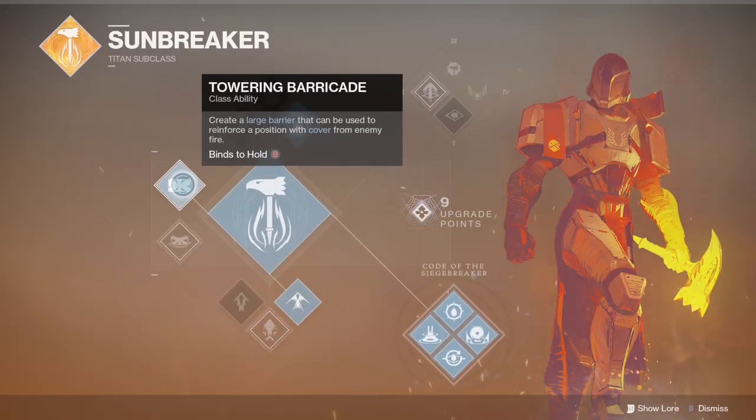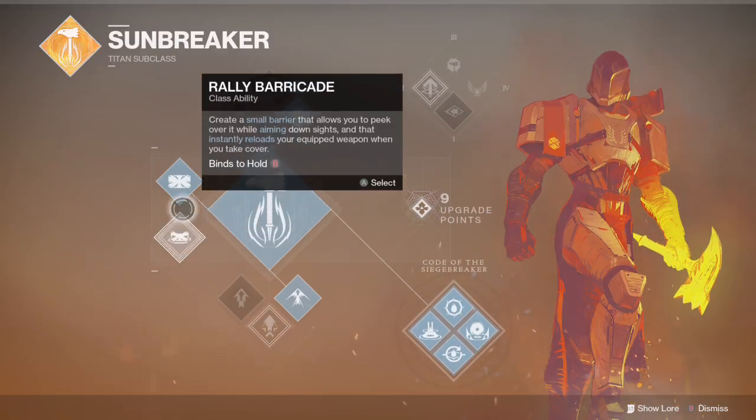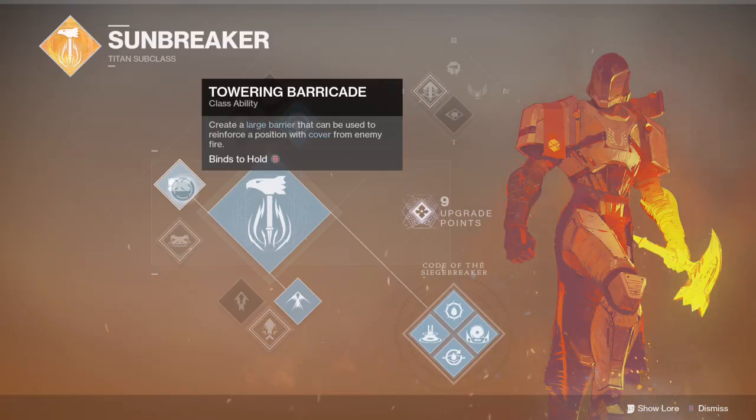My opinion, for any Titan subclass in general, has to be the Towering Barricade, because it's such a large barrier. And this one, I guess it would be more of a PvE, more like a PvP, I guess. I mean, to me, this is it, because you can plop this on the side of a wall and use it to peek around corners if there's any snipers, to see who's really around the corner,